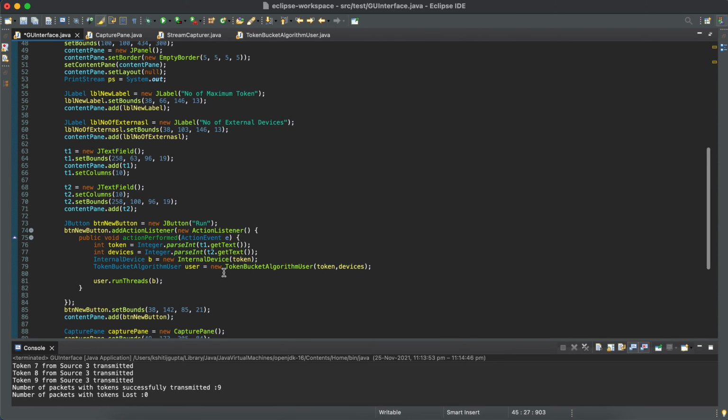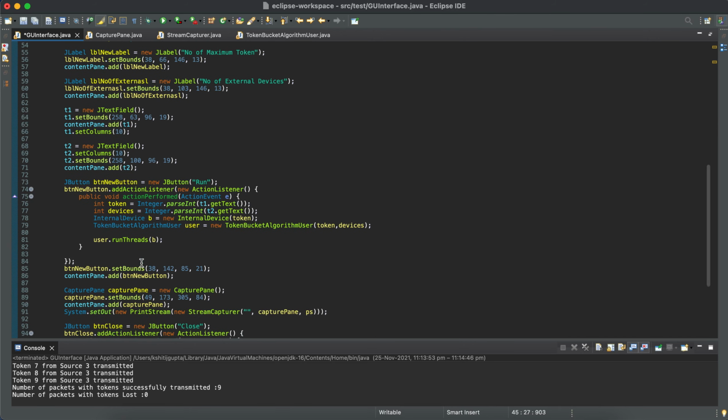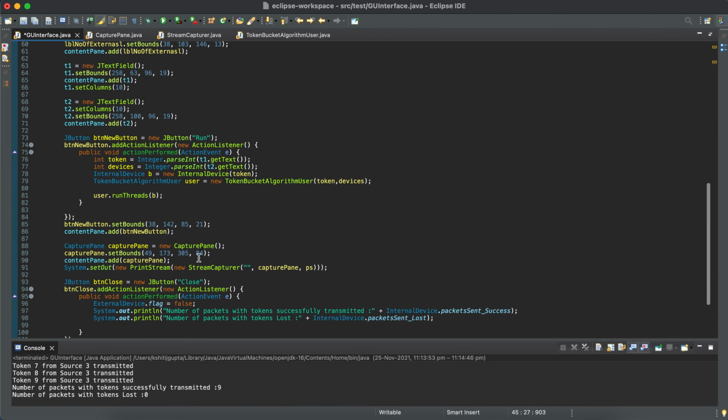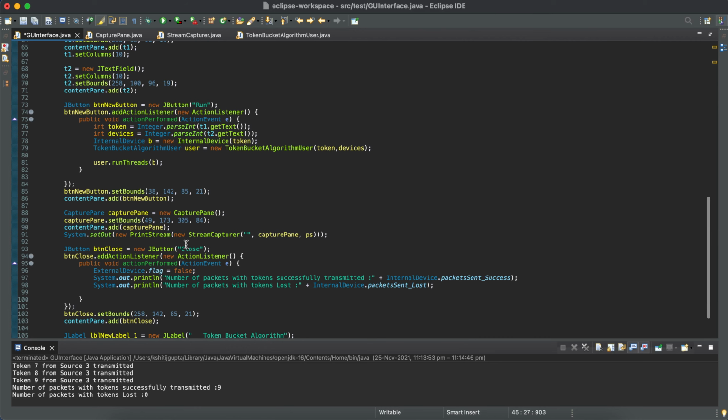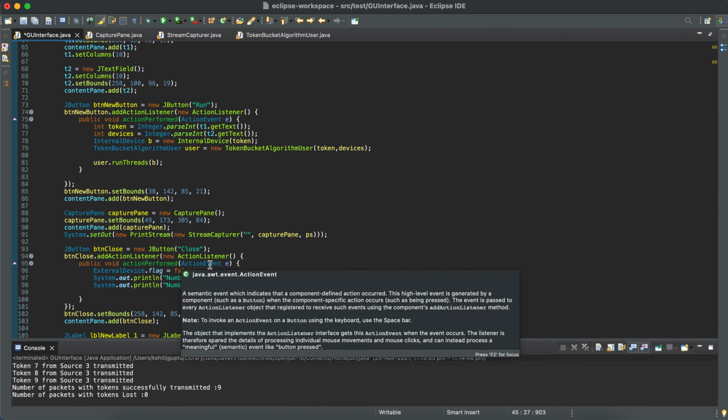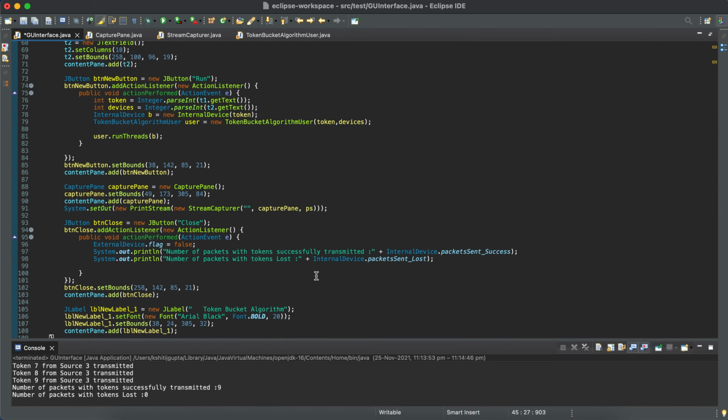So here we have made an object of the internal device class and a token bucket algorithm user, and with the help of the user object, we are running the threads of the internal device class. Then we have created the close button, which outputs the number of packets which were successfully transmitted and the number of packets which were lost.